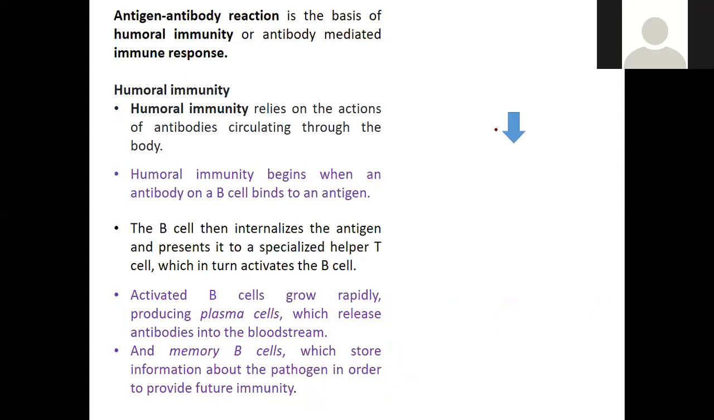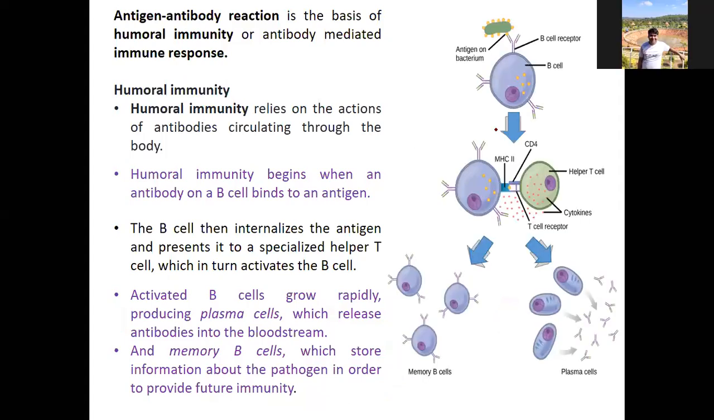Now coming to an important discussion: these antigen antibody reactions are basically because of the humoral immunity, which relies on the action of antibodies circulating through the body. When we see this small cartoon, this is the antigen or the bacterium, which comes and binds with the B cell receptors. This in turn induces a cascade of reactions,